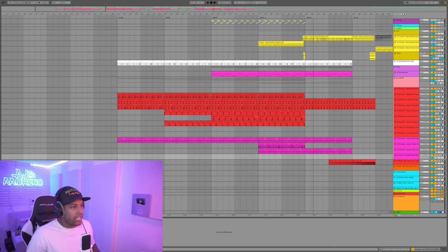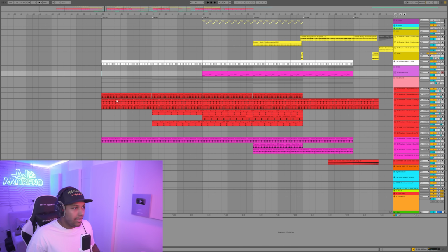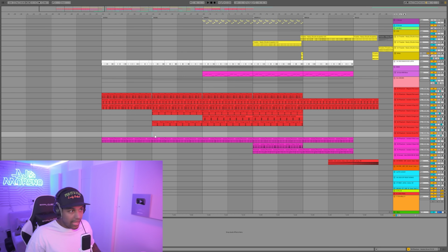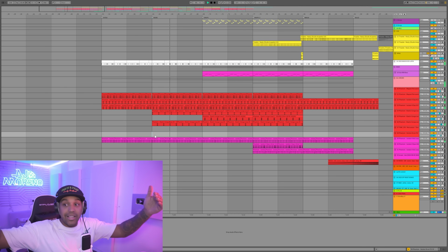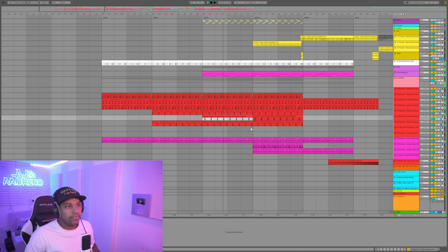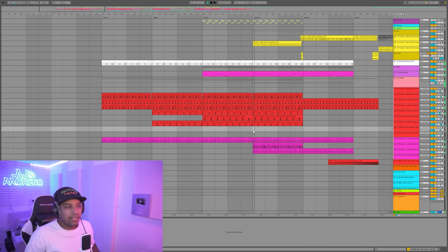As for the arrangement, it's quite simple, really. I did 8 bars of intro, which was just the kick drum, some of the drums, and the hi-hat, nice and quiet and nice and sharp, nice and short. After 8 bars, in the next 8 bars I added a little bit more percussion to keep the movement getting more exciting, if you get what I'm saying. And then the next 8 bars, I brought in just the bass line and another drum element. And then the next 8 bars after that,